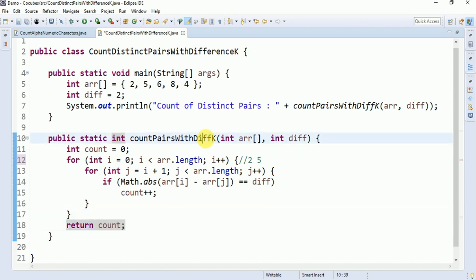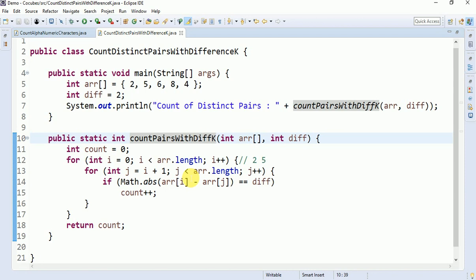Okay, so this is how you count the distinct pairs for a given difference in an array. And I want to tell you one more thing in this problem statement. Sometimes they may ask you not only count, they may ask you to print the pairs.